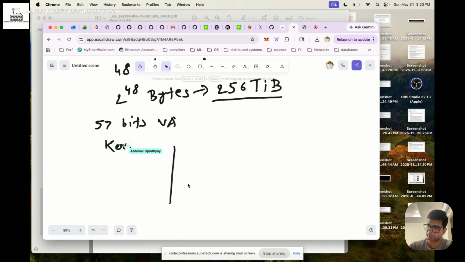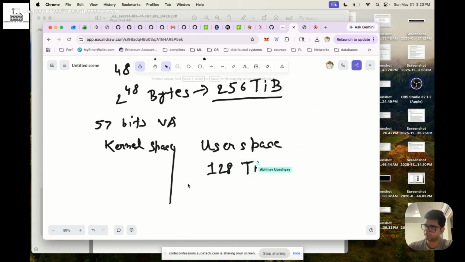It is split in half. There is kernel address space, and then there are user space addresses. On 64-bit systems, it is split evenly. So you have 128 terabytes addressable in the user space and 128 terabytes